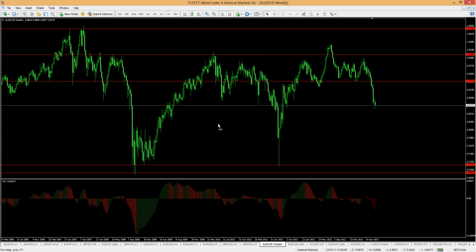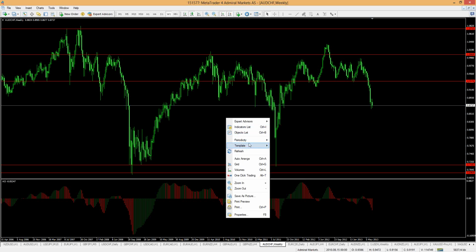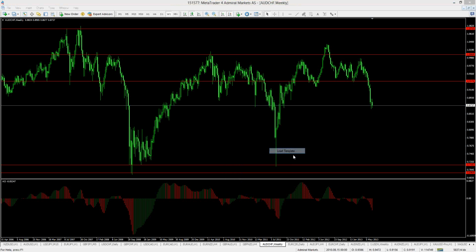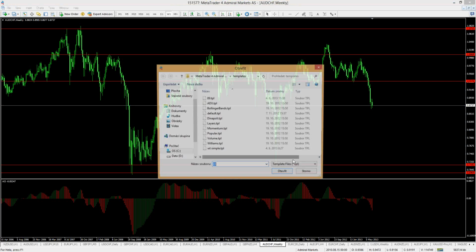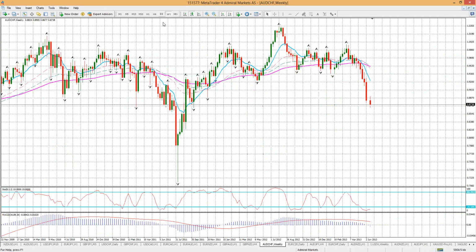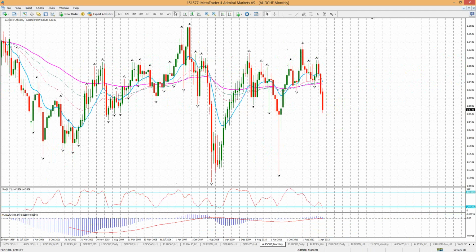This chart is okay. Sorry about that. Let me change the template. Aussie Swiss is really falling like no tomorrow. Well, that's actually all the Aussie pairs, right? All the Aussie pairs have been falling like crazy, and that doesn't surprise me in a single second because, as